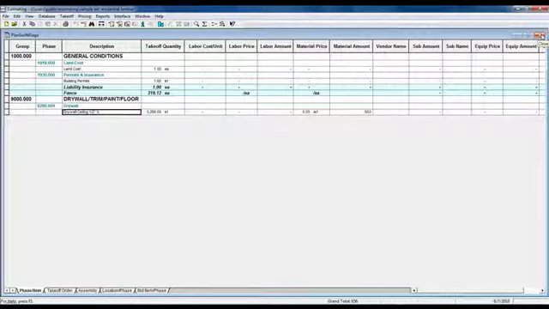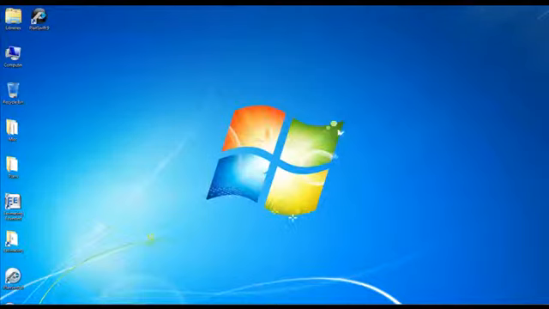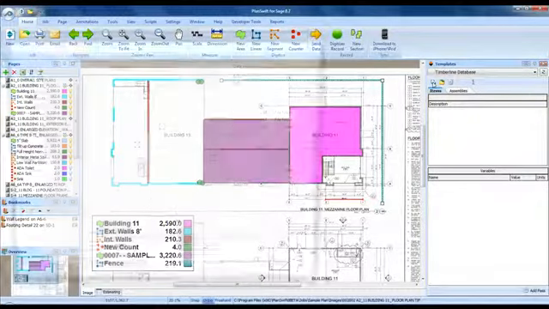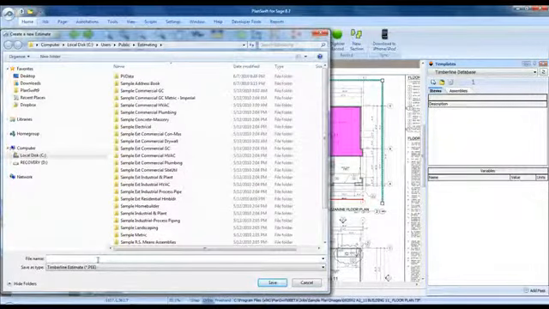Now let's back up a little bit and just show you how you can create the new estimate. Create a new Timberline estimate. Open an existing Timberline estimate. To create a new Timberline estimate, it's real simple in PlanSwift. Just go ahead and click on the icon. Let's name the job. This is a new job,